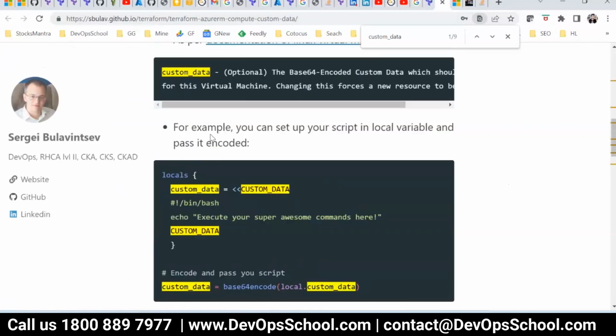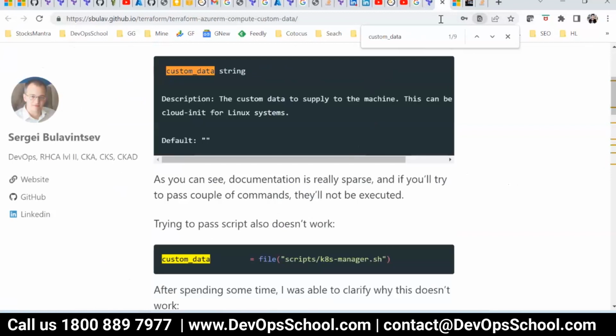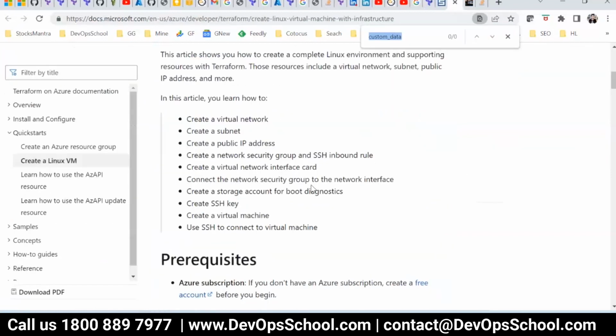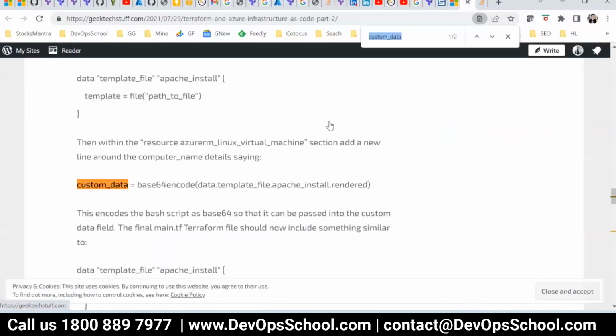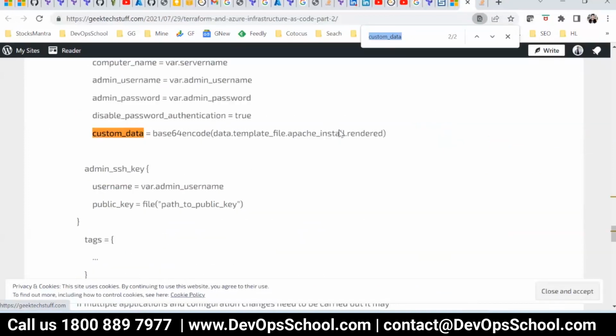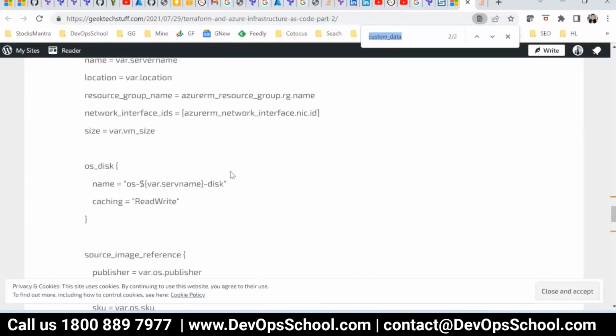They're using locals, which I have not discussed so far.